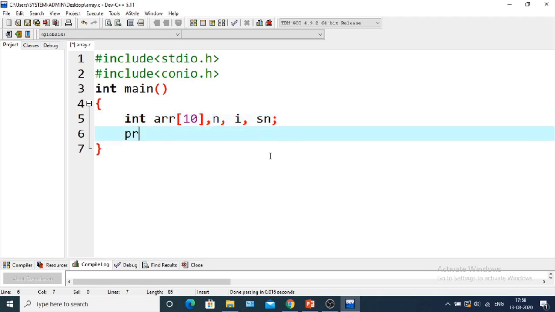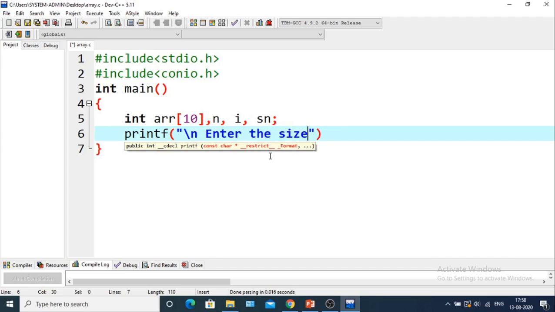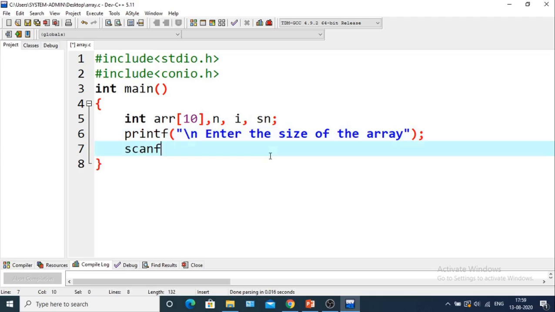Now printf slash n, enter the size of the array. So the size of the array will be taken. This is scanf within double quotation percent d comma ampersand n.